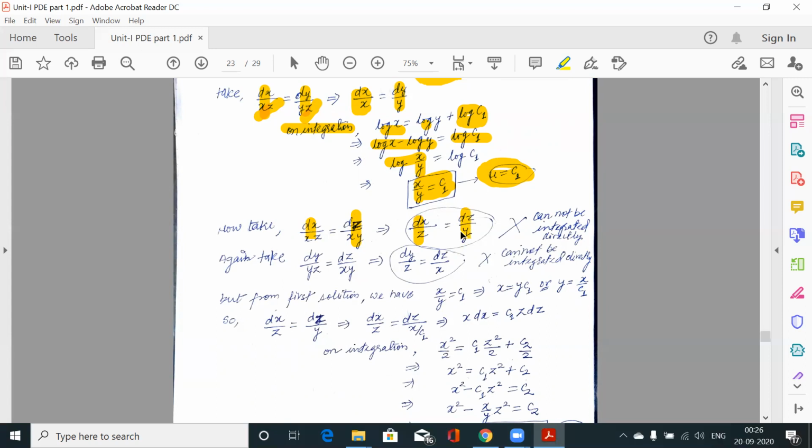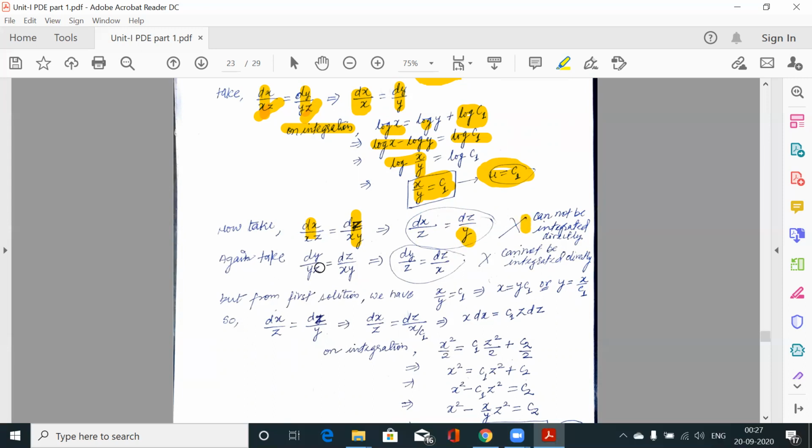Now again, what is the problem? The problem is how to integrate this. This z is not the problem because this z can go on this side, so z dz is not the problem, but the problem is this y, because this y cannot be integrated with dx or with dz. These are integrations with respect to x or z, so y cannot be there. So this y is the problem, so this can't be integrated.